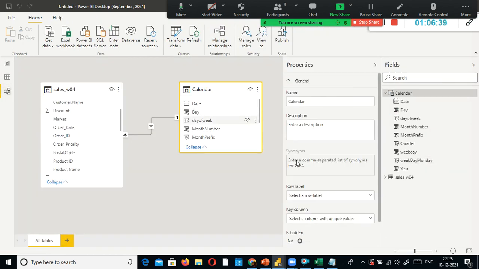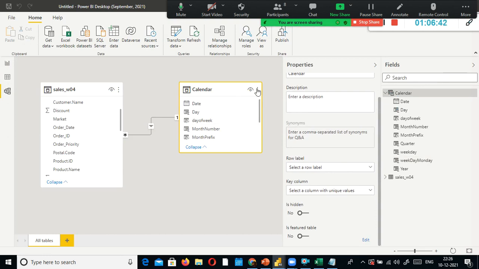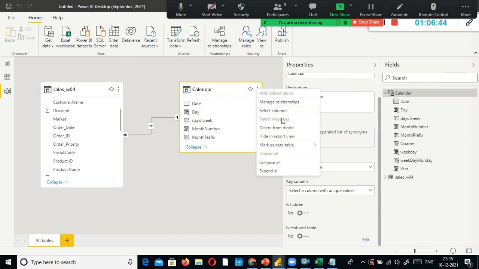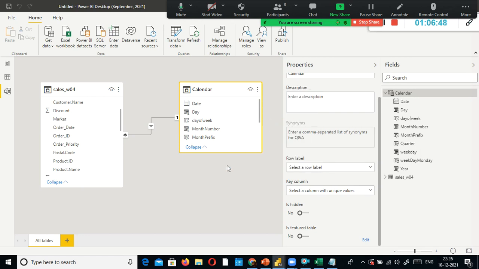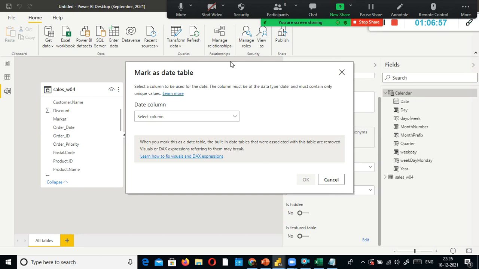And also, when you select this one, calendar date, right, on the right side, or you can select it here and mark as date table. You can mark it as date table, though it is not mandatory. Better you do it. Mark as date table. We are all set. Next, we will start with the year to date thing.